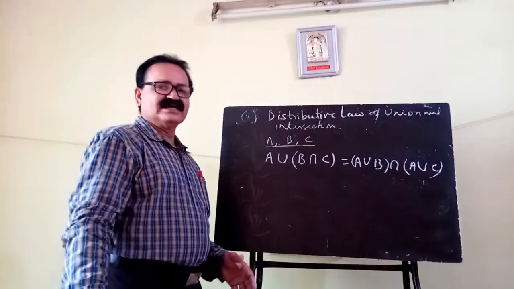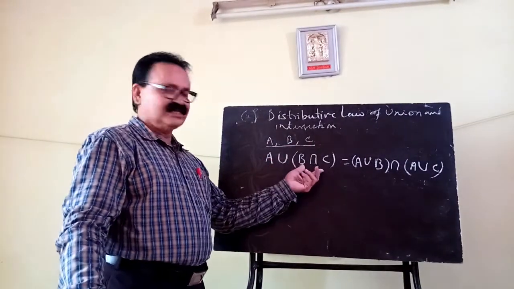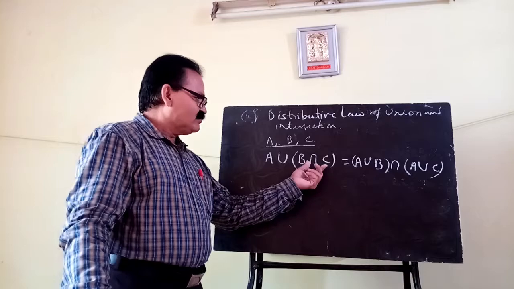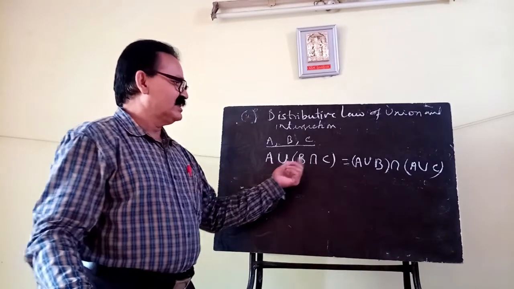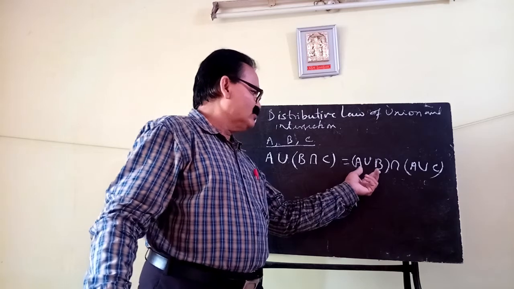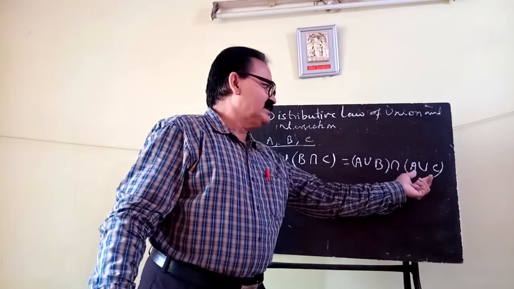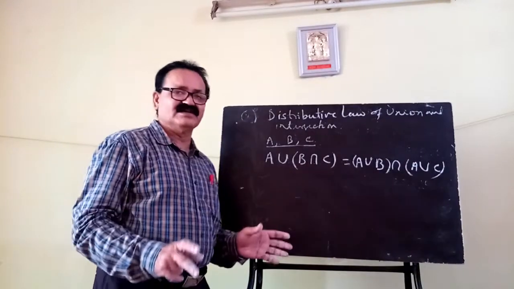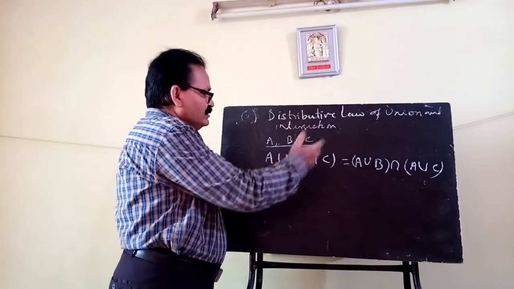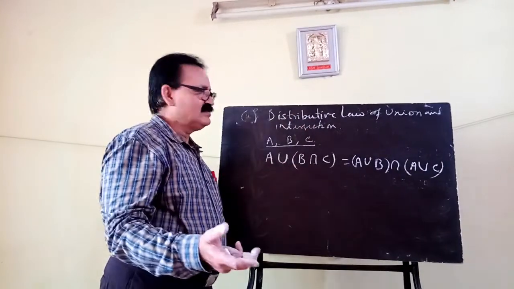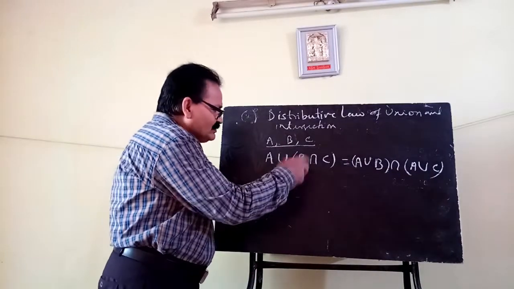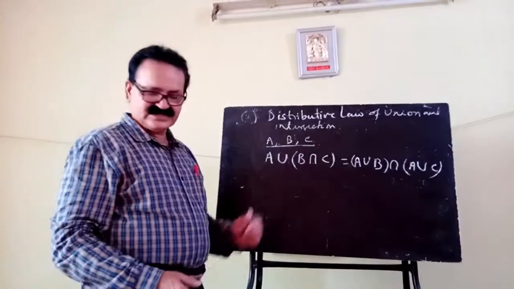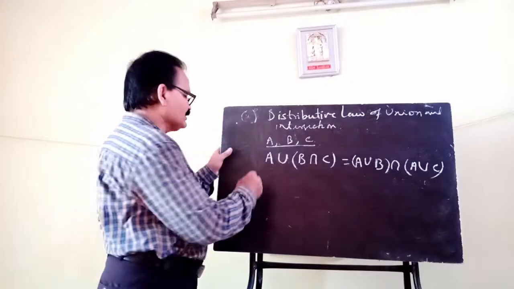When A, B, C are three sets and on the left side you add the B intersection C part with your set A, your answer will be the same as when you take A union B and A union C and then apply the intersection. It is just the simple mathematical rule of distribution. A is distributed with B, and A is also distributed with C. Clear?